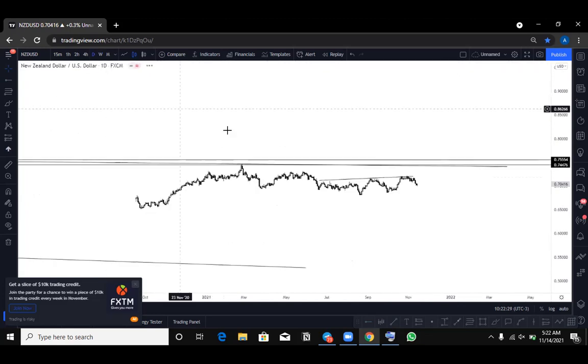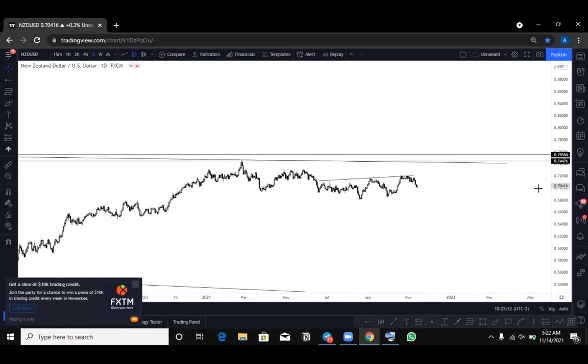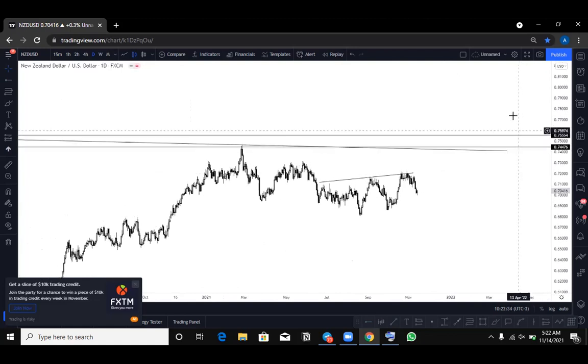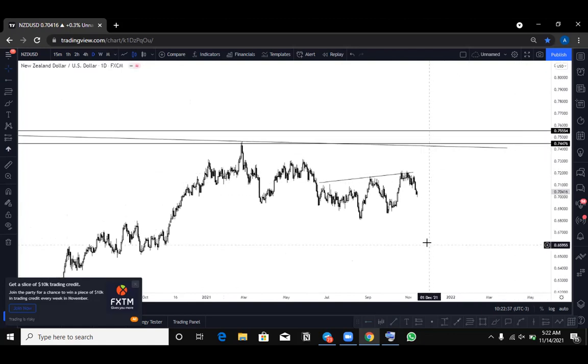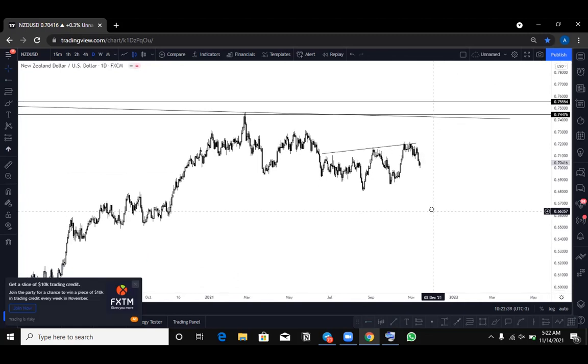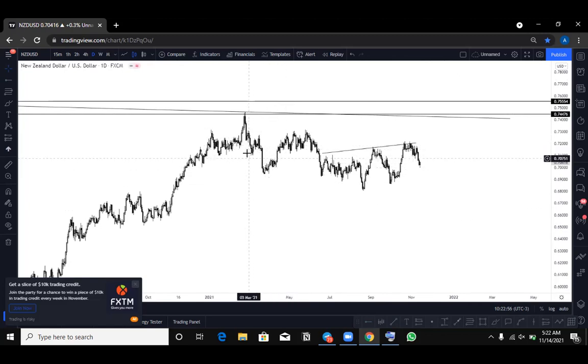Then we go to the daily. The first point is we already know that it reached this high and it sold off. So we can either look for price to come back up to test these highs, or we can look for a correction going down. For example, here we have a correction to go down.